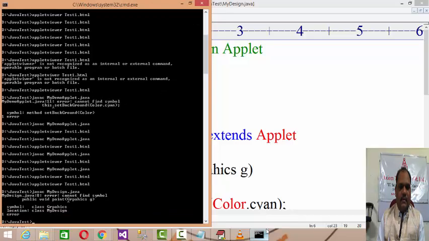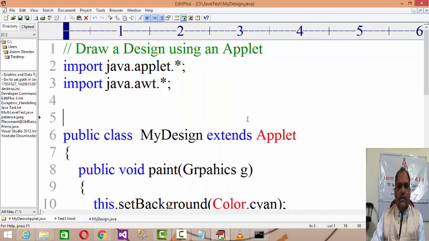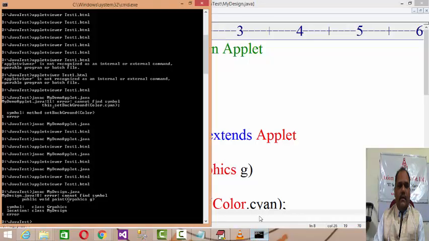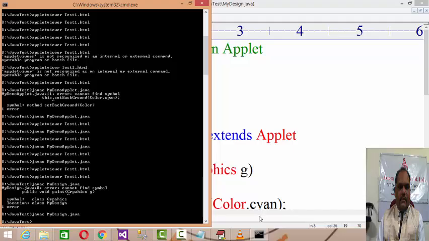Okay, what is it saying? Graphics. You have to check the spelling of Graphics, G-R-A-P-H-I-C-S. The spelling is there, and then you recompile the code again.